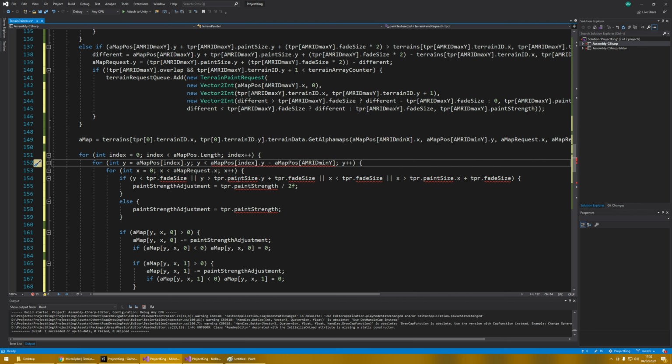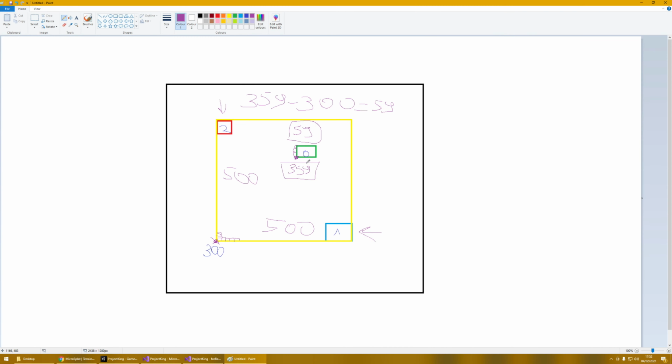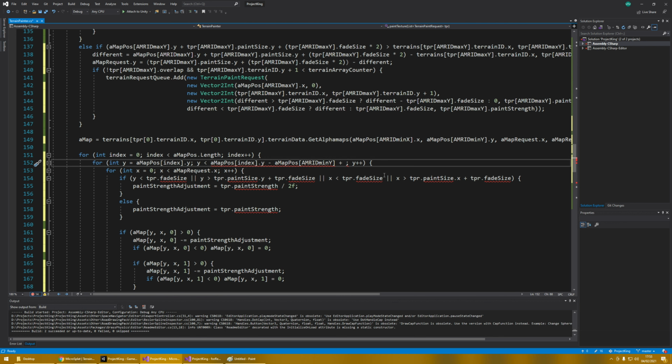We subtract 300, and what are we getting? We're getting 59. Now what we want to do is we need to add the size of this box. So now we need to add this box size. TPR at index dot pane size dot y plus,